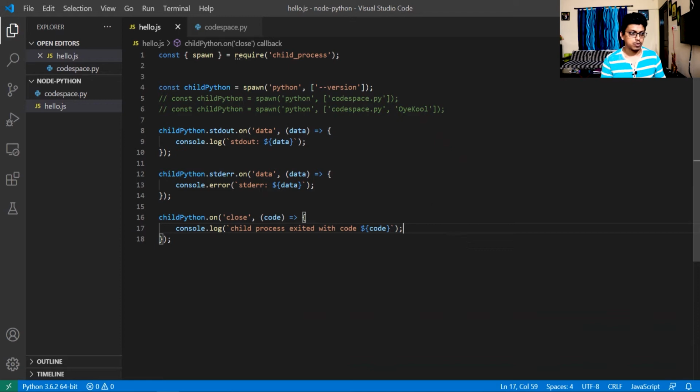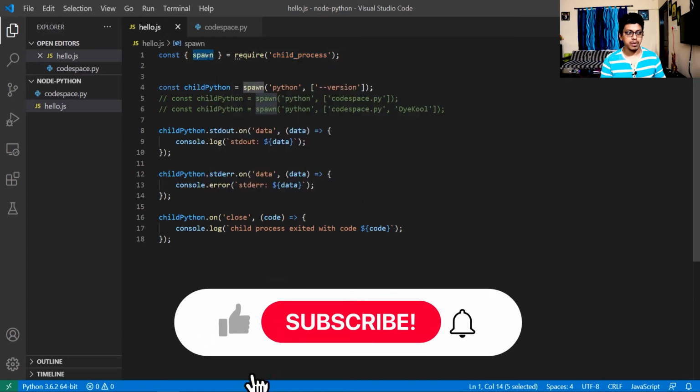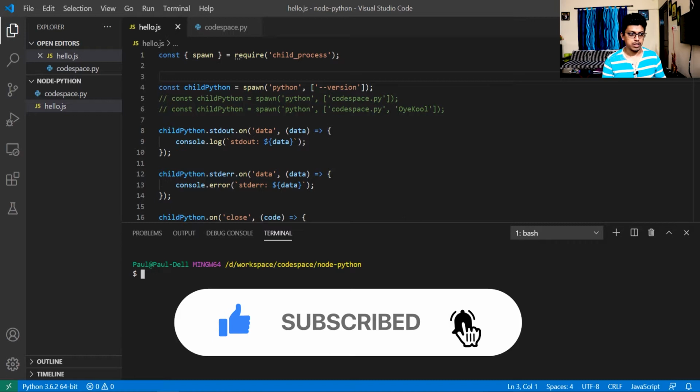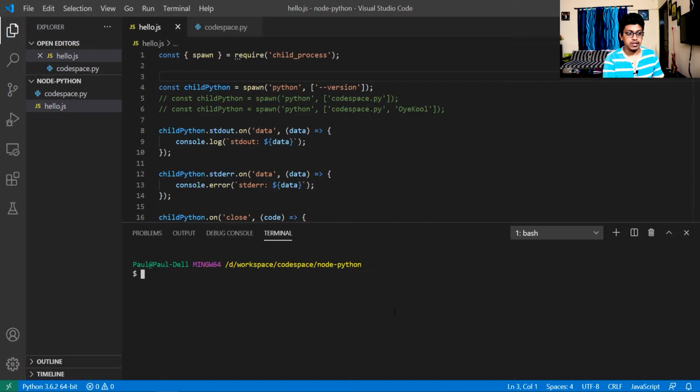First and foremost, we need to import child_process, and using spawn we can call the Python script. First we will try to print the Python version. By pressing Alt tilde we can open the console or the terminal and just use node hello.js.